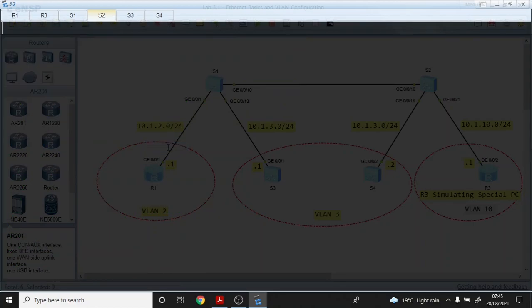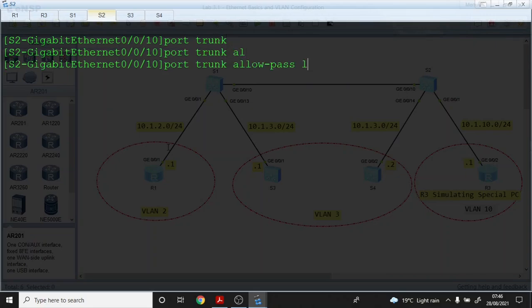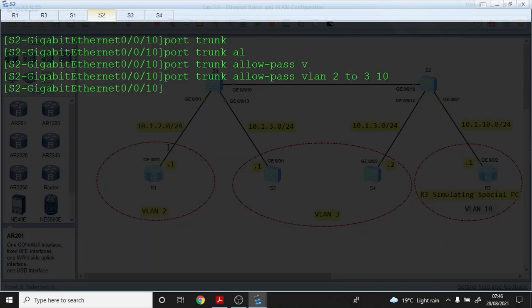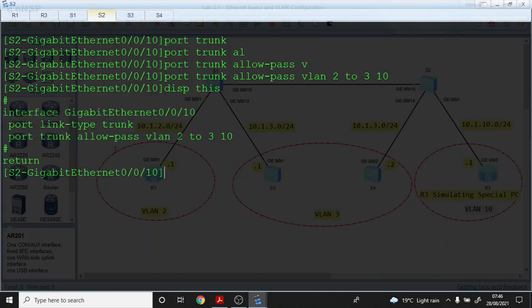Okay. Let me clear this. So after that, we do port trunk allow-pass vlan 2, 3, and 10 like that. So you can type that, or you can type 2 to 3, then space 10 like that. If we do display this, you can see that indeed